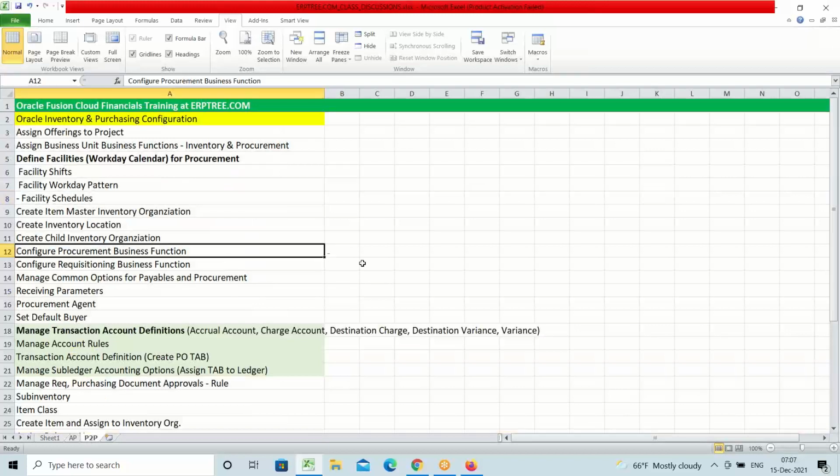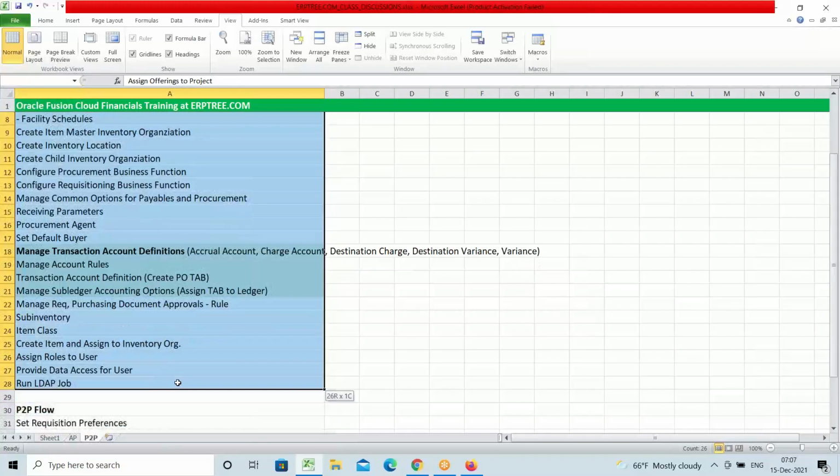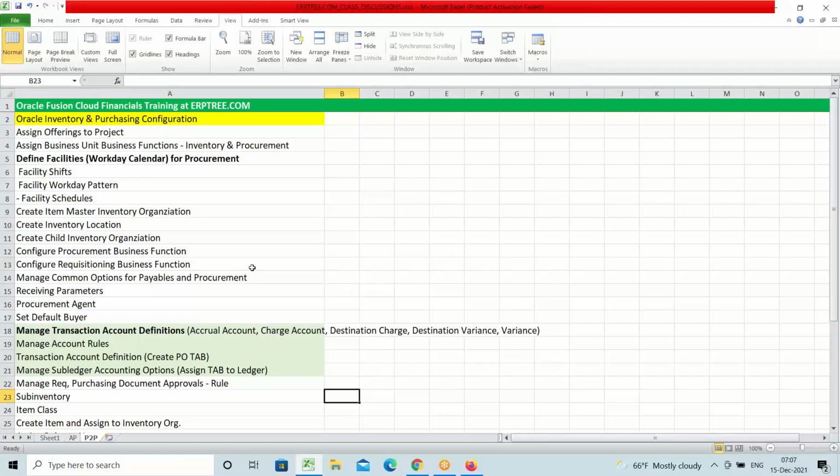To implement P2P, these are the basic setups we have to complete from inventory and purchasing application. We'll discuss what is the meaning of those setups and we'll complete those. But in reality, when we work for any project as a finance consultant, we no need to do this setup. This all should be done by the SCM consultant. But here we are going to complete so that we can test and understand the P2P flow,